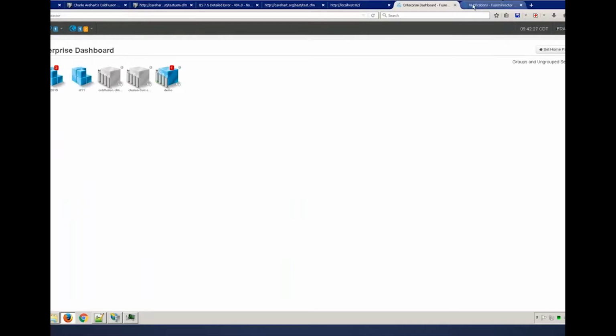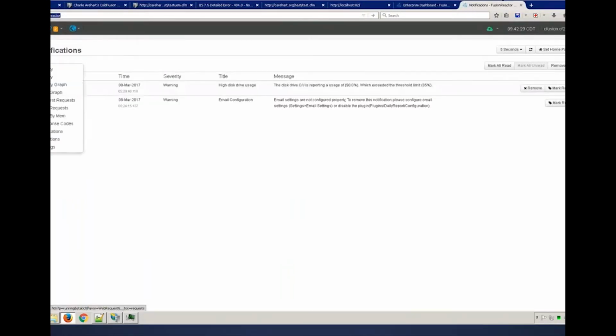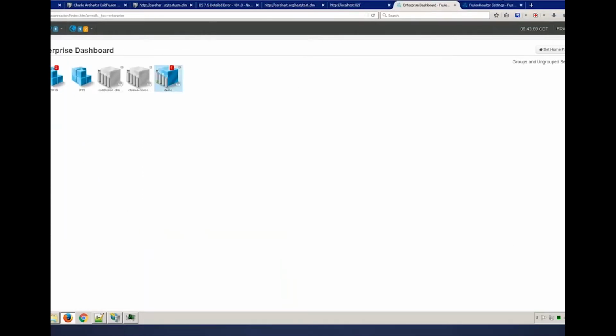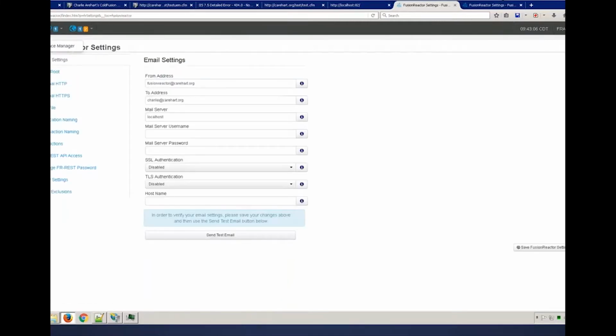So for instance, if I come over here to my FusionReactor instance that's monitoring my Carrot.org site, you might remember we saw a notification that said I did not have my email configured. And I don't, and I need to fix that. For me to get crash protection notifications or my daily reports, other things we talked about in previous webinars, I need this configured. I just recently installed this, so I had not done it. But my point is, notice that's empty, whereas on this page, it was not empty, because they're two different things. This is my 8089, watching a particular instance, and this is my 8087, my FRAM, which has my dashboard. I'm saying the FusionReactor settings for this will control whether you get a notification from the dashboard